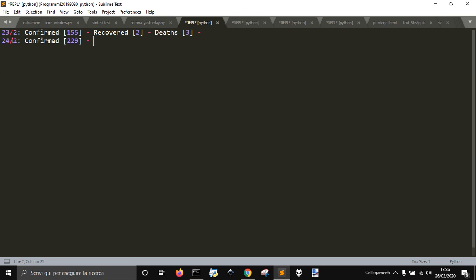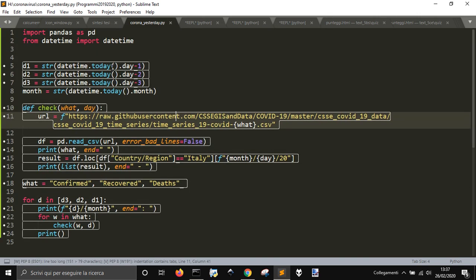We got the 23rd of February with the confirmed, recovered, and death on that, 24 and 25, so that you can check that there are more confirmed cases, not so much recovered, and the deaths going this way. So this is what you can do now. Watching 3 days. If you want to see more days, you could add them to this, or you could also